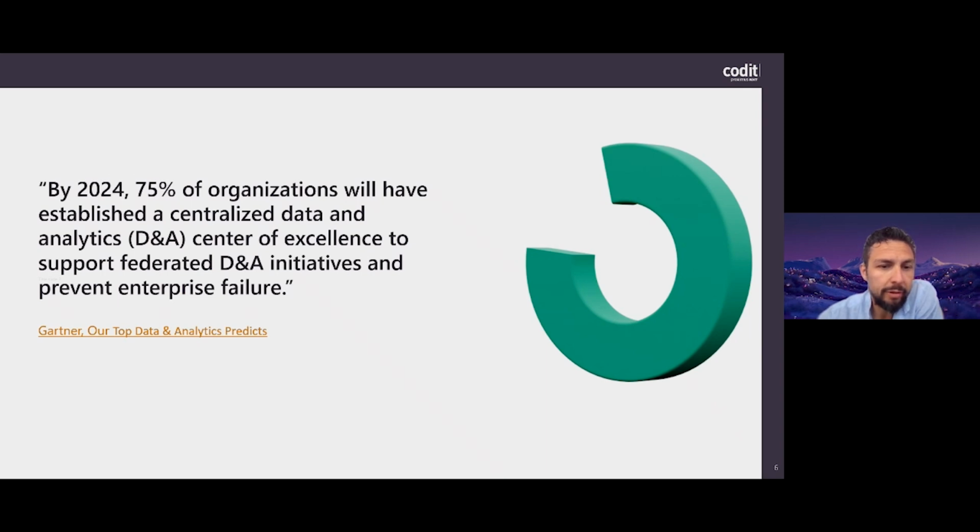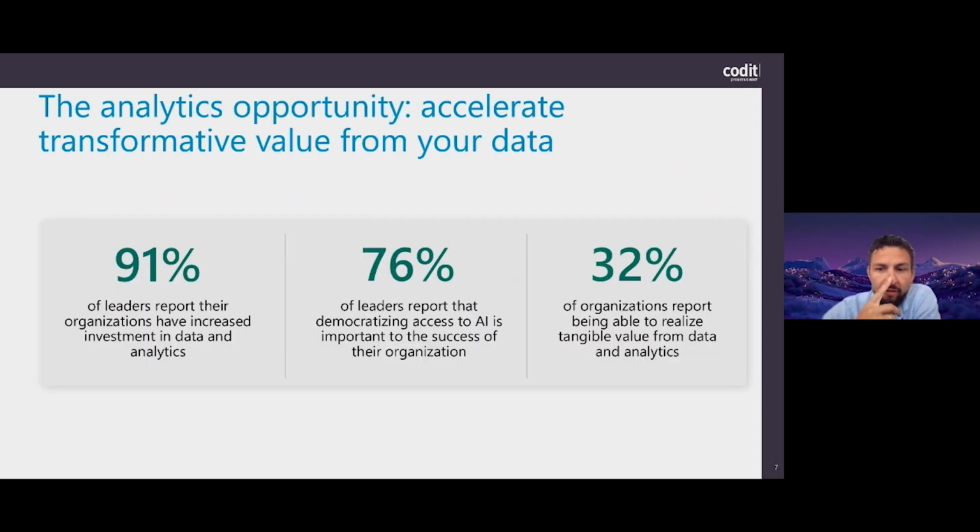The important word here is the federated data and analytics center of excellence, because we do not want to centralize all of the use cases in one central team, because then you lose a little bit the value of your business owners, and you're also putting a lot of pressure onto that single team. So you really want to still federate it, which we will come back to a little later, how that will all be possible within Microsoft Fabric.